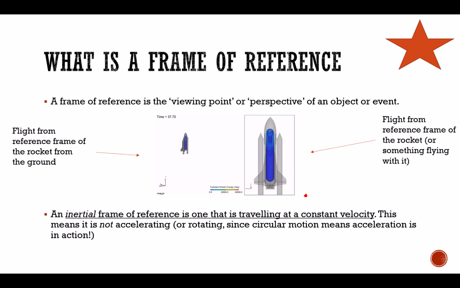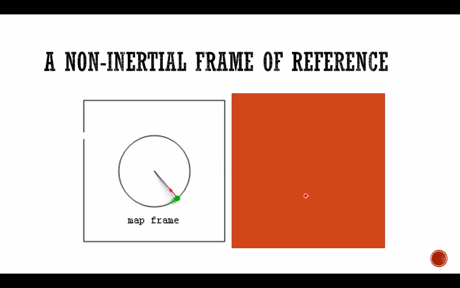So let me explain to you why accelerating produces... why that's not so special. Okay, when I say special, it's not because it's better. It's because it's a subset, right? It's an element of the many different frames of reference that we have. Okay, so let me explain to you why